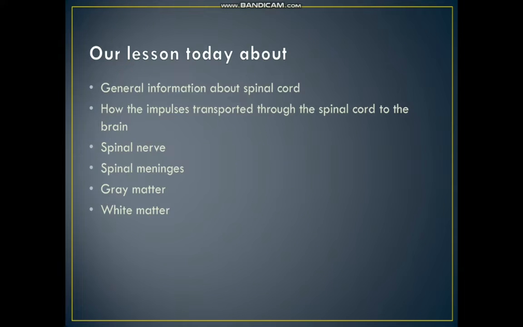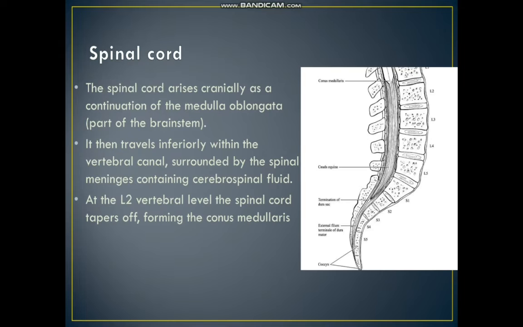I will talk today about the general information about the spinal cord: how the impulse is transported through the spinal cord to the brain, the spinal nerves, how they extend from the spinal cord and get out through the vertebra, the spinal meninges, gray matter, and white matter. The spinal cord arises cranially as a continuation of the medulla oblongata, part of the brainstem, which